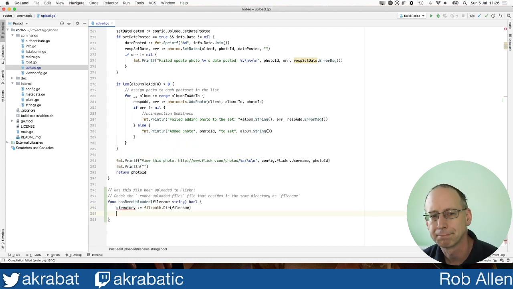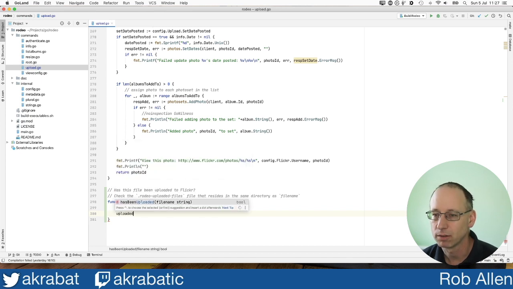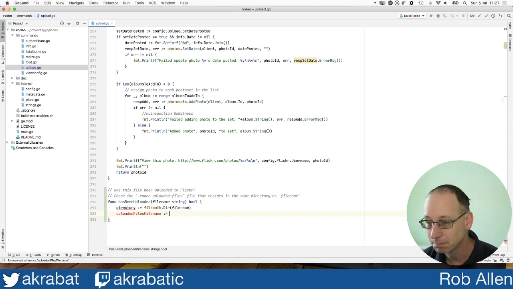What are we going to call this file? Previously, let's call it uploaded files name. Uploaded files file name. That'll do for now. Not totally happy. That's going to be directory plus slash dot